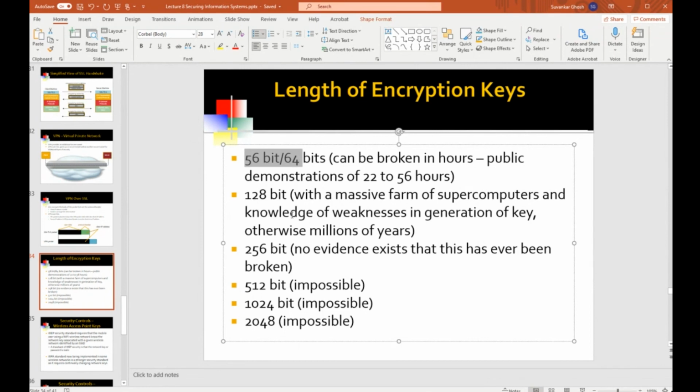It's only if you have some knowledge of how this 128 bits was chosen. If in the 128 bits you've chosen your mother's maiden name or your birth date or that of your spouse. So if you have some knowledge of what went into the creation of the 128 bits, then it is conceivable that it can be broken. But if this is a truly randomly chosen 128 bits, then again it will take you millions of years to break it by running through all the possible permutations and combinations of 128 bits.